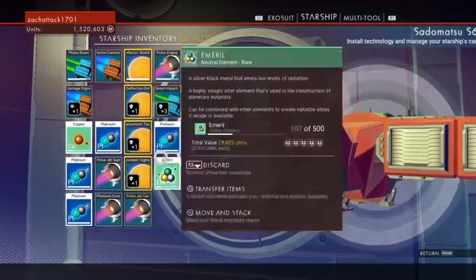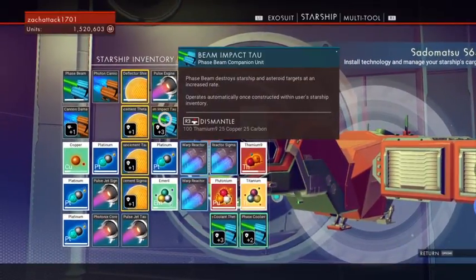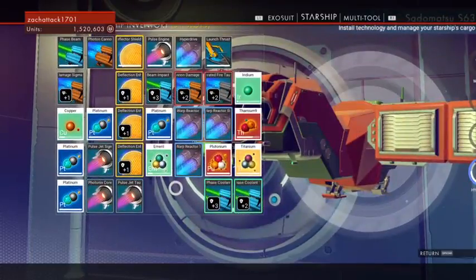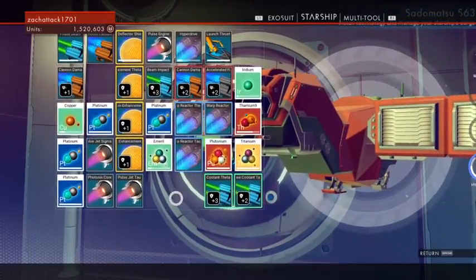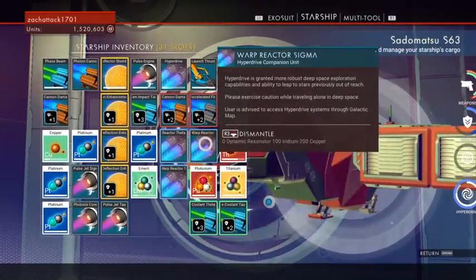So if I had these three attached to the main pulse engine here, they'd work better. I'd have to dismantle this, and part of me wants to do that. I have a feeling I may end up doing that at some point. Probably not right now. Maybe not on this stream, but definitely if I pull this warp reactor from here and